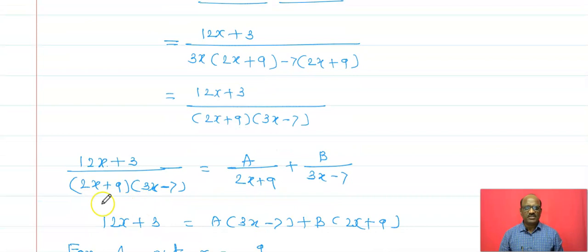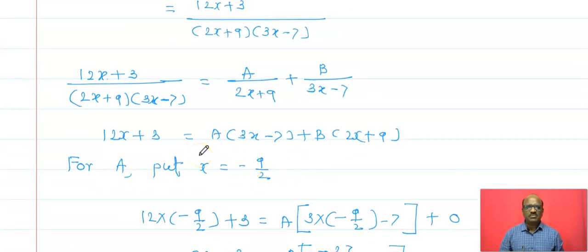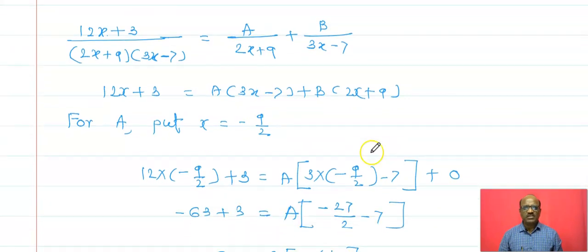Therefore, you are getting the rational function of this type, that is f of x upon g of x. That is, (12x + 3) upon (2x + 9)(3x - 7). Again, it is written as a upon (2x + 9) plus b upon (3x - 7). Again, find the values of a and b. That is, 12x + 3 is equal to a(3x - 7) + b(2x + 9). To find out the value of a,